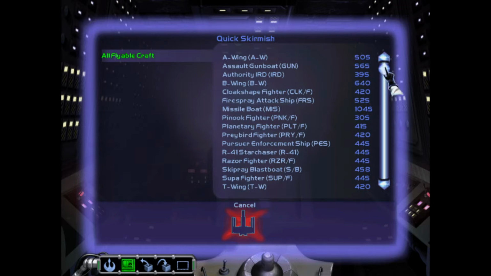Now take a look at all of these different fighters that you can set up here. Some of you will remember these if you've played any X-wing or TIE fighter. Some of these are new. A lot of these you couldn't play before, but you can in this game. It's pretty cool. A-wing, assault gunboat, authority, IRD. I don't remember that one. B-wing, cloak-shaped fighter, fire spray attack ship, missile boat, Pinook fighter, planetary fighter, prey bird fighter, pursuer enforcement ship, R-41